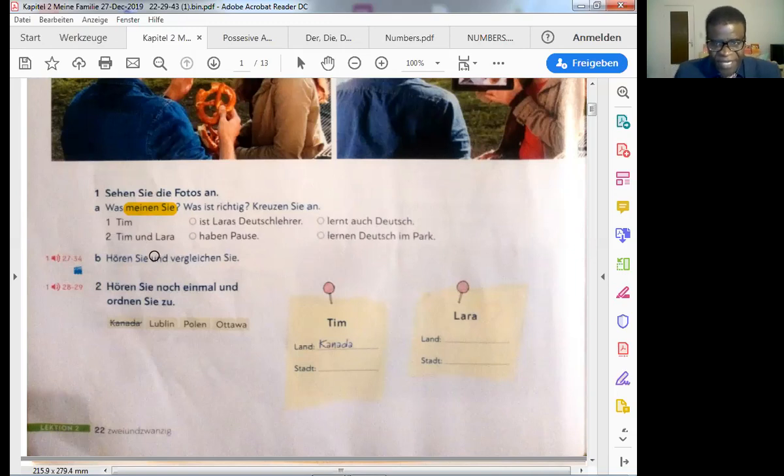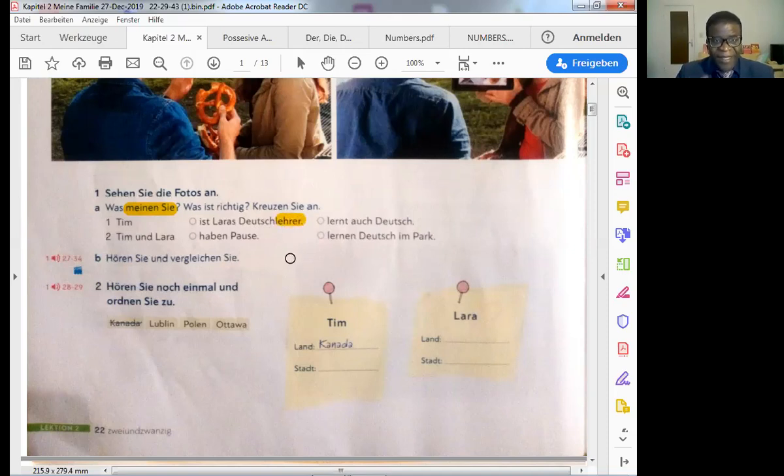Now, I want to explain here. Tim ist Laras Deutschlehrer. Now, look at Deutschlehrer. Please take notes all the time when you meet new words. Deutsch, you know, is German. Lehrer, the last part here, means teacher.